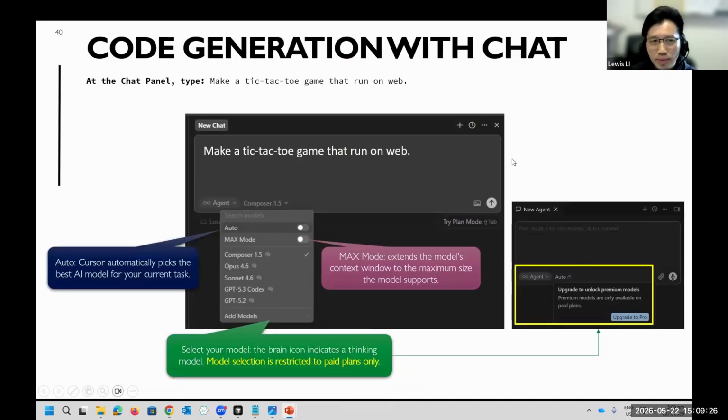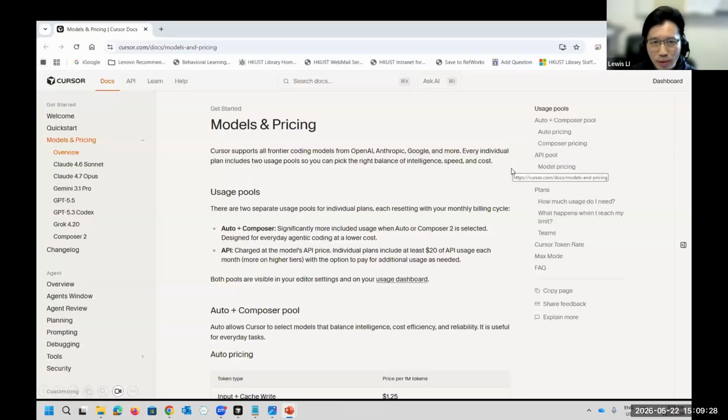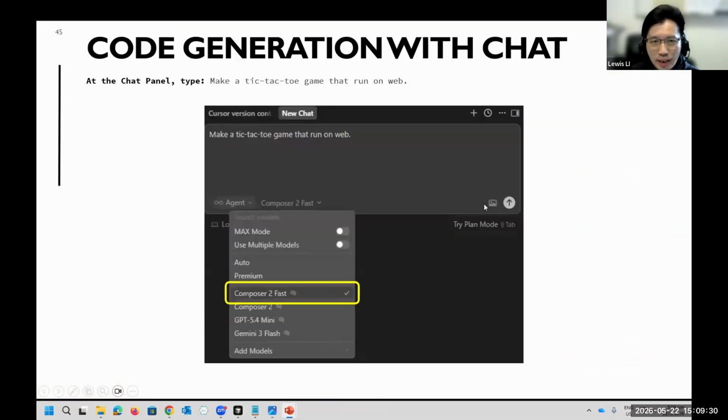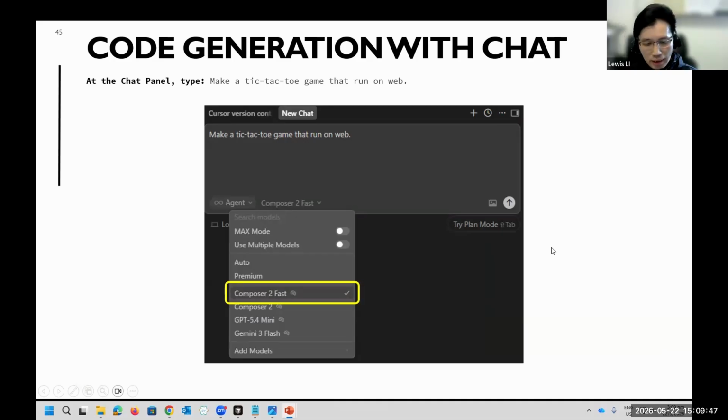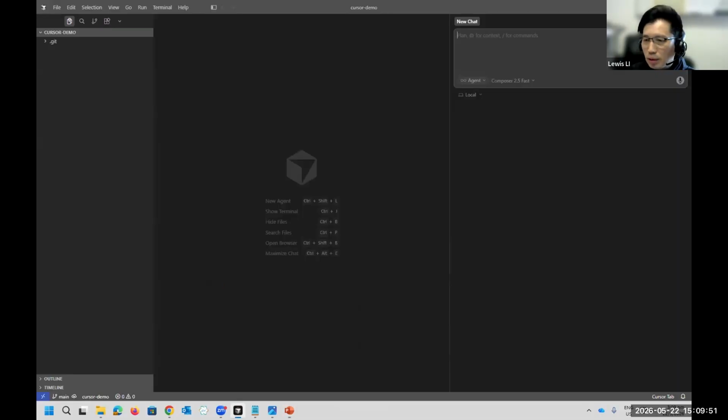I think most of you know about the tic-tac-toe game. I would like to use the Composer 2 fast model to generate this code in HTML. Later on, after Cursor generates the HTML code, I can run the HTML in my browser to play the game. So let me show you how to do this.